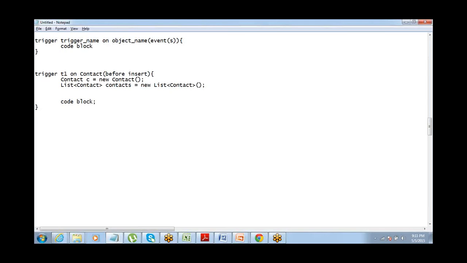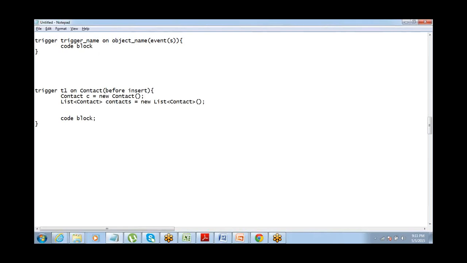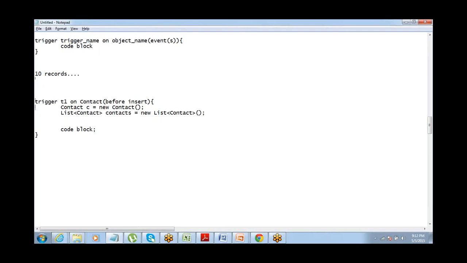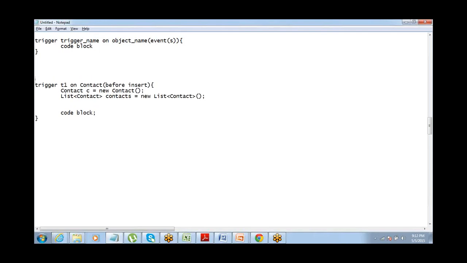If a bulk operation is happening, if someone is trying to insert a list with 10 records, then what will happen? The trigger will check the first record. If it is fine, it will not check the other 9 records, because my trigger is checking only one record, right? So for that reason, it should always be a list, correct? A trigger always needs to be written for bulk records because there can be bulk data operations. Even if it's a single record, the bulk operation will work fine. So here the variable that I need should always be a list.